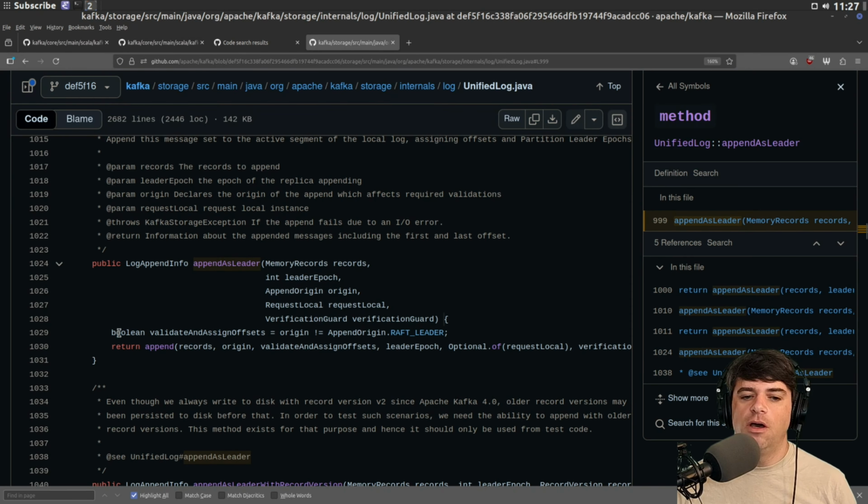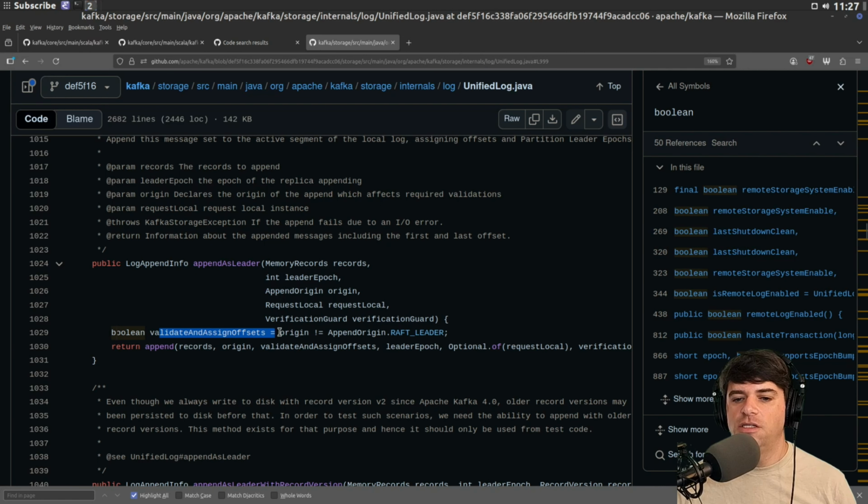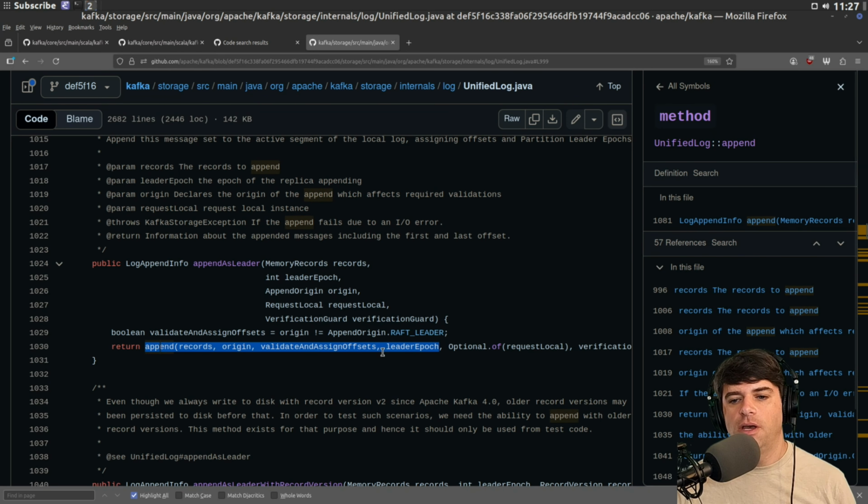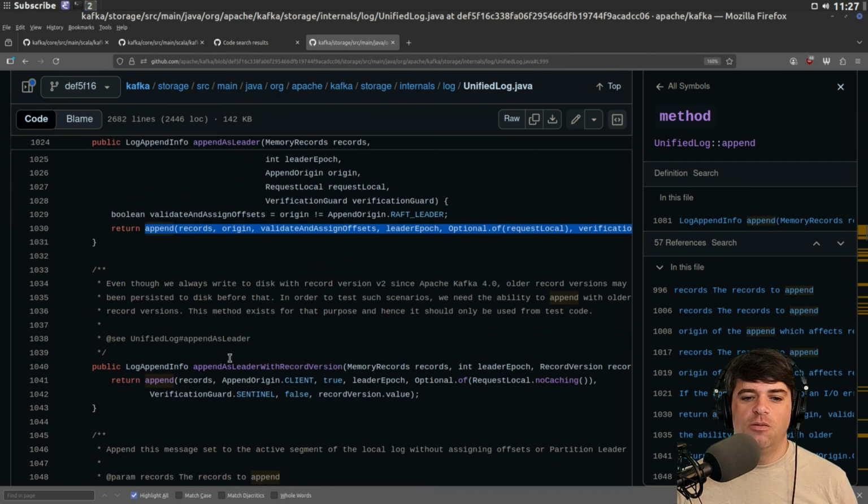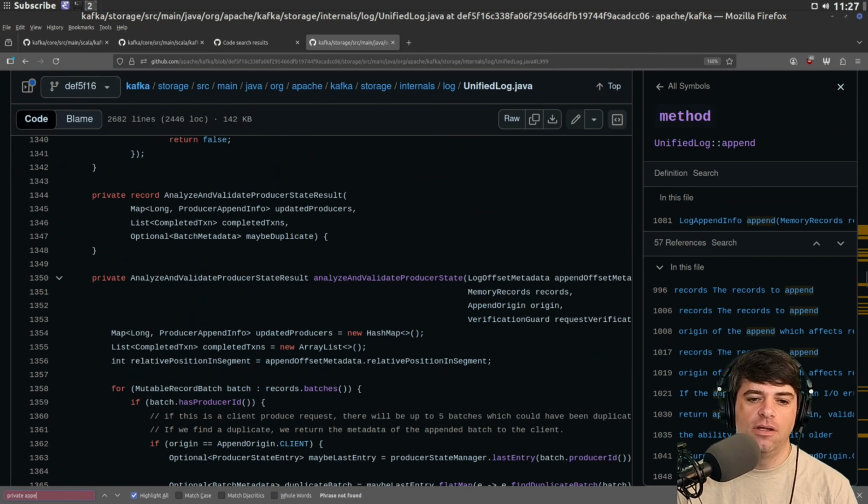We're going to say Boolean validate and assign offsets is whether the origin is equal to Raft leader. So I guess, like, is it coming from the Raft leader? And then we're going to call append, passing the records and all this stuff. So now we need to find what append is. I'm guessing append is probably private.